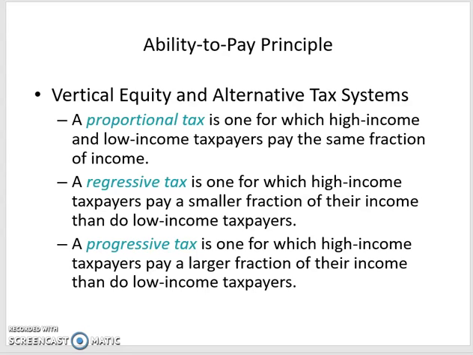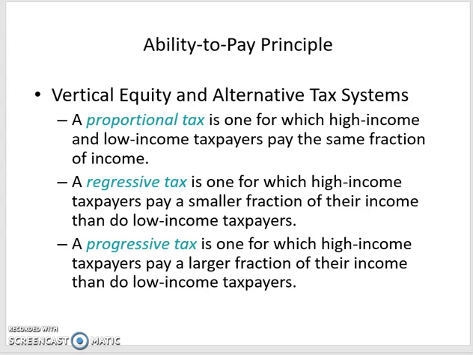Proportional tax means that everybody pays basically the same percentage of their income in taxes. Regressive tax means poor people pay a higher percentage of their income in taxes, and progressive means the wealthy pay a higher percentage of their income in taxes. There are examples of taxes for all of these. A proportional example would be the flat tax. That's a tax that's been proposed by people before. A flat tax just means that everybody pays the same percentage. A regressive example of that would be sales taxes,